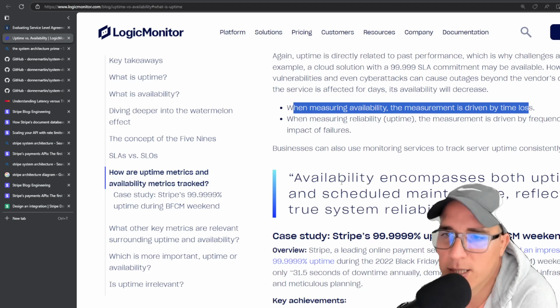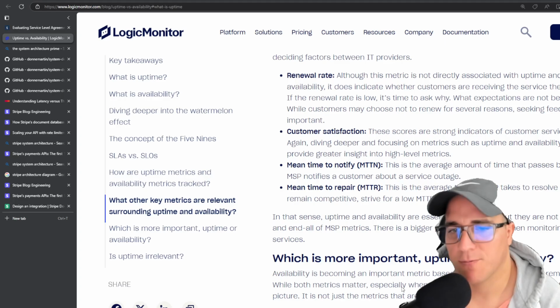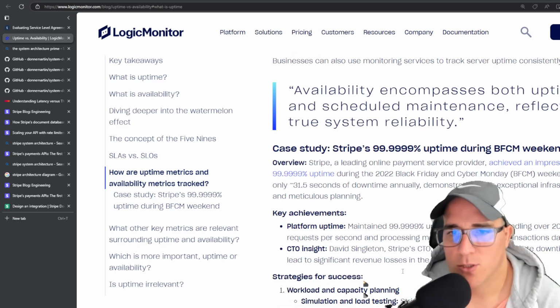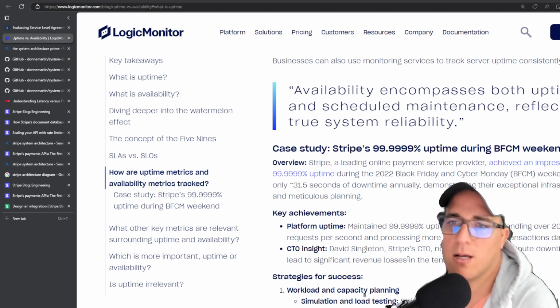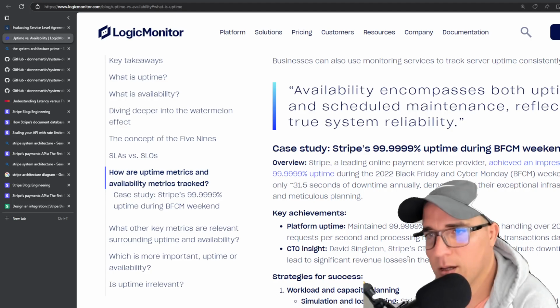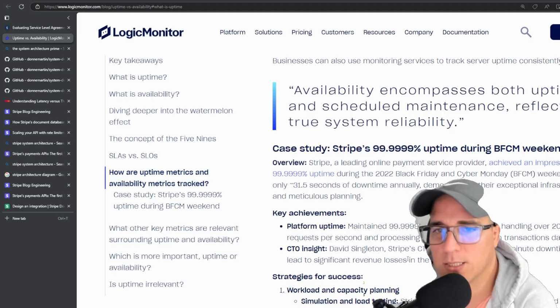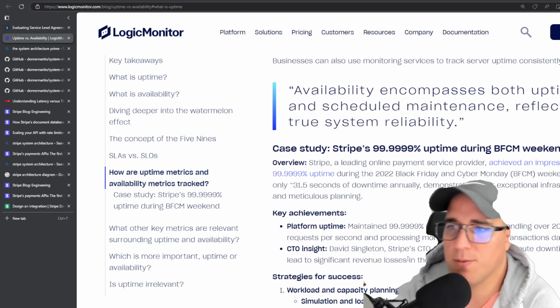So in general, availability encompasses both uptime and scheduled maintenance, reflecting the true system reliability. Okay, now let's go to this specific case study. Case study: Stripe reached 99.999% uptime during Black Friday and Cyber Monday weekend. How did they do this? Stripe is a leading online payment service provider and achieved an impressive 99.999%